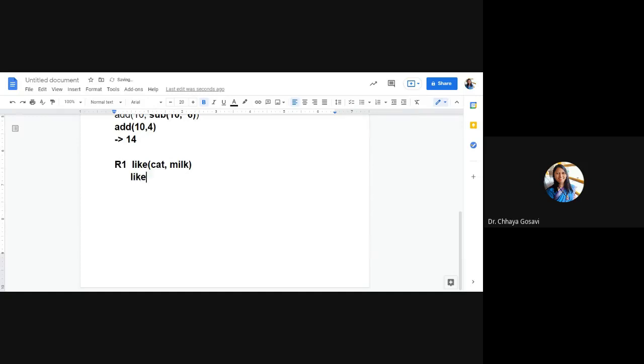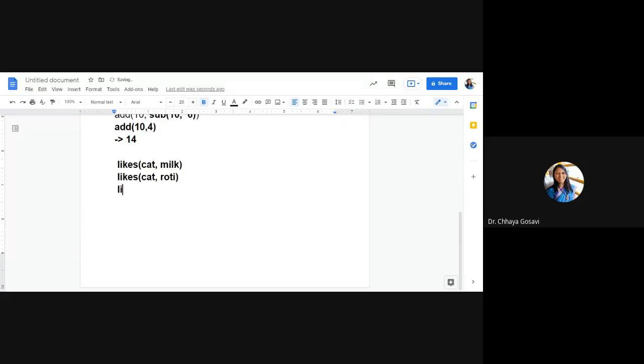These are the rules. Instead of variables or functions, in Prolog-like languages the input is rules: rule 1, rule 2, rule 3, like this. Cat likes roti.